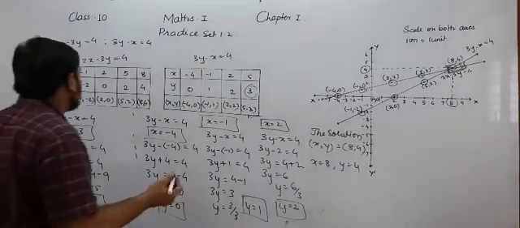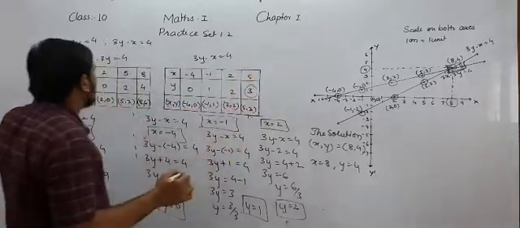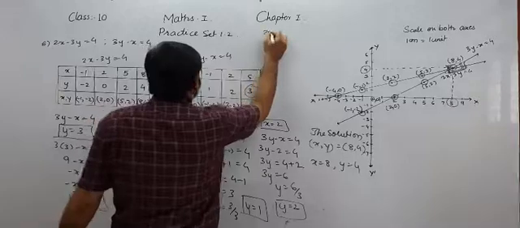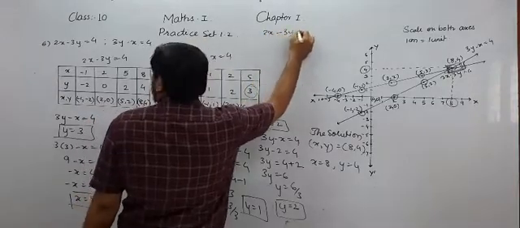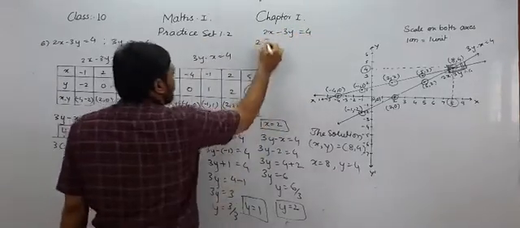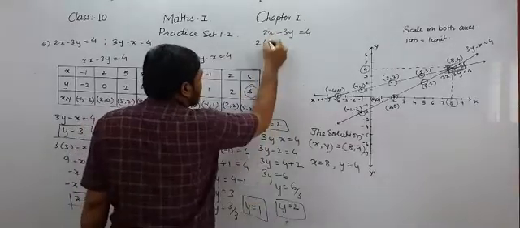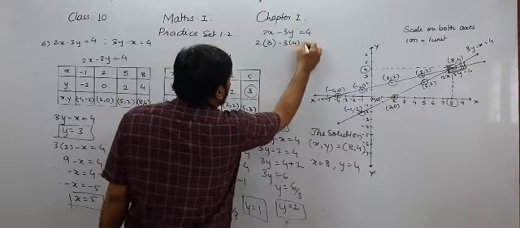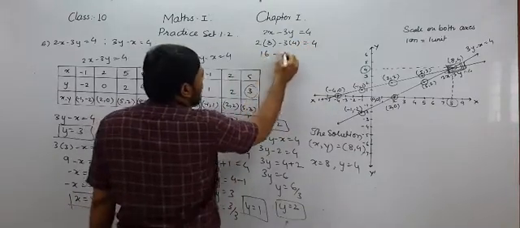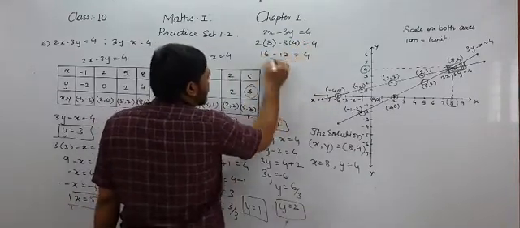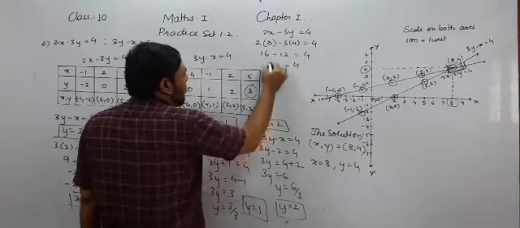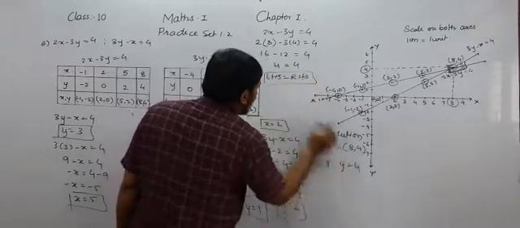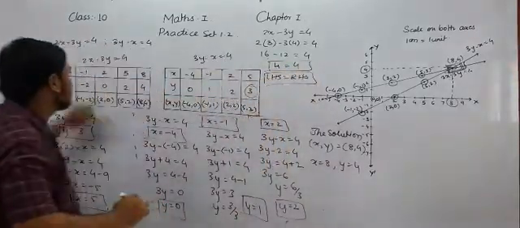Now we will do the verification here. So consider one of the equations for verification. We can consider the first equation. The first equation is 2x minus 3y equal to 4. So instead of x we will write 8, and instead of y we will write 4. So 2 8s are 16, minus 3 4s are 12, equal to 4. 16 minus 12 is 4. 4 equals 4. So here LHS equals RHS, which means the values of x and y satisfy the first equation.